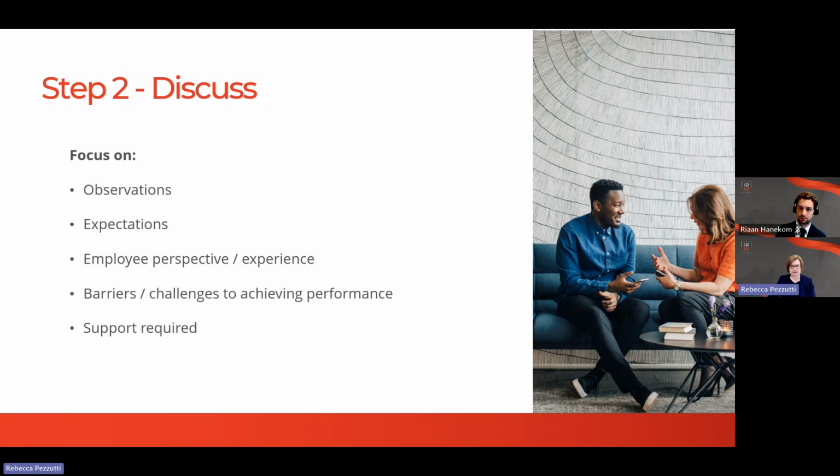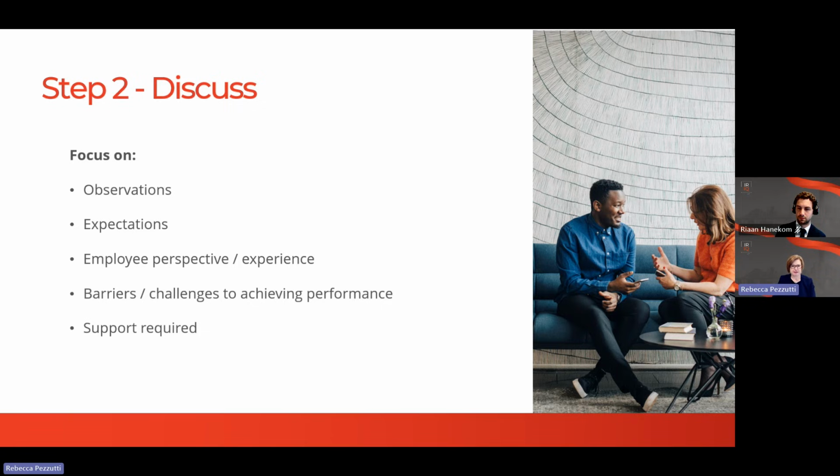Additional questions that can be helpful are things like, can you talk me through what's been happening? Or is there anything getting in the way of meeting that expectation? Or what support do you think would help? And these are conversations that might uncover things that you didn't know about or weren't aware of. Sometimes, for example, an employee may not have been properly trained, so priorities aren't clear, or their workload might have changed, or there can be personal circumstances affecting them.